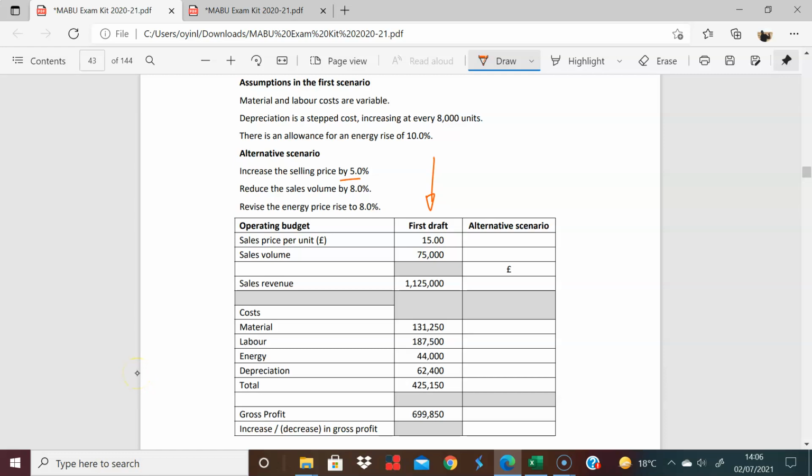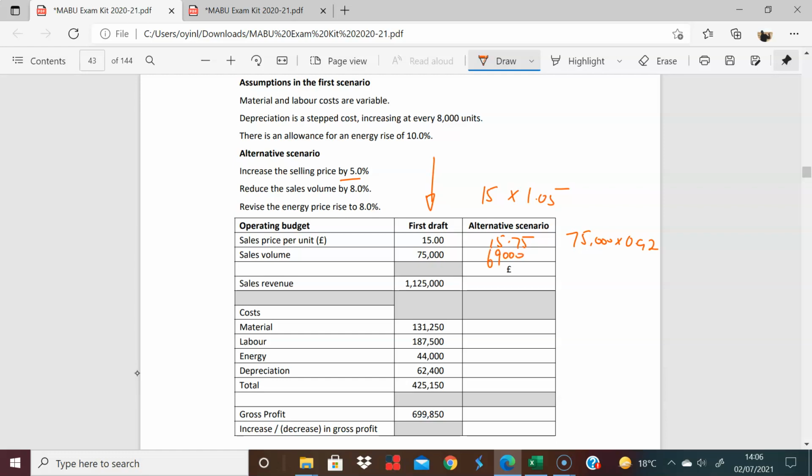So they want us to increase the selling price by 5%. So you're literally multiplying the 15 times 1.05, and you now have a selling price of £15.75. And they want you to reduce the sales volume by 8%. I would personally just multiply this by 0.92, or you could take 8% of this and take it off it, but it's the same thing. So 75,000 times 0.92 brings us down to